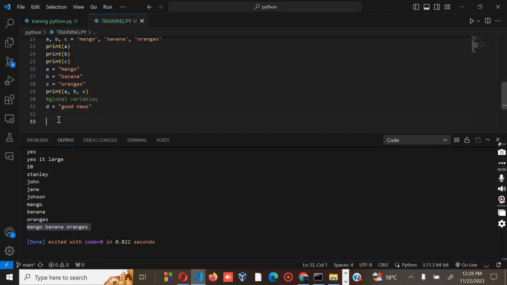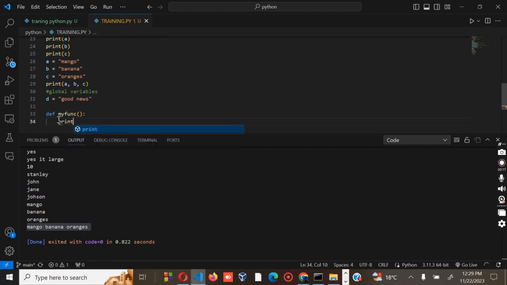Then define my function, then we have a colon there.